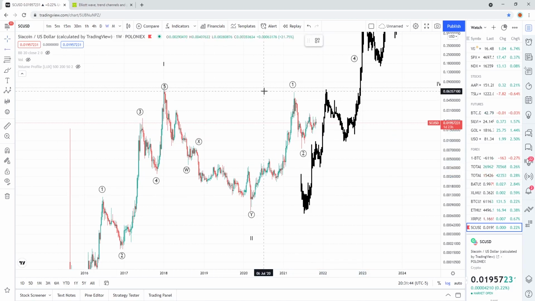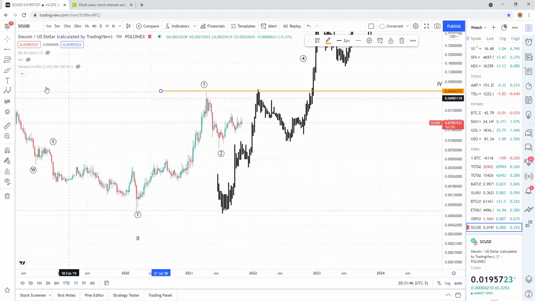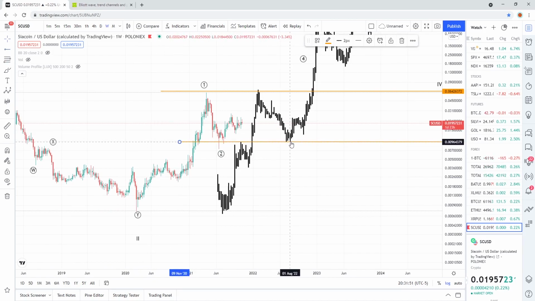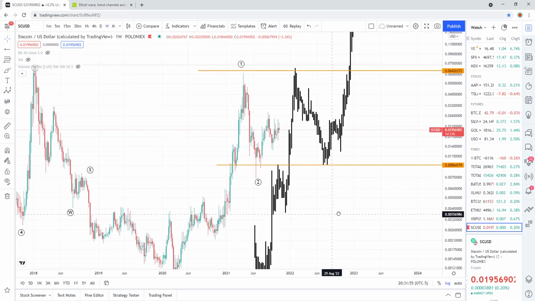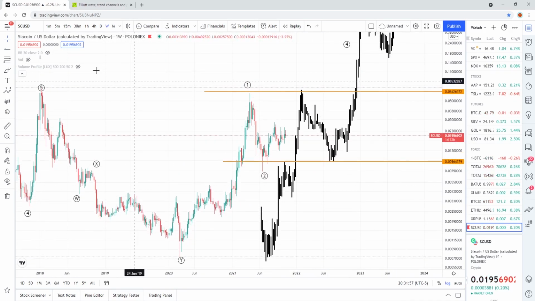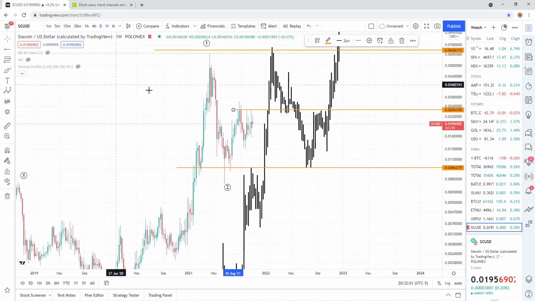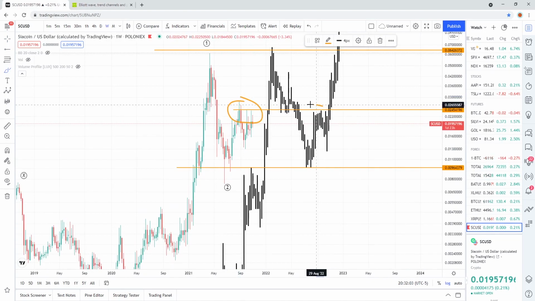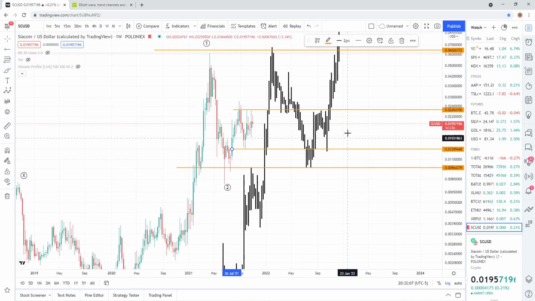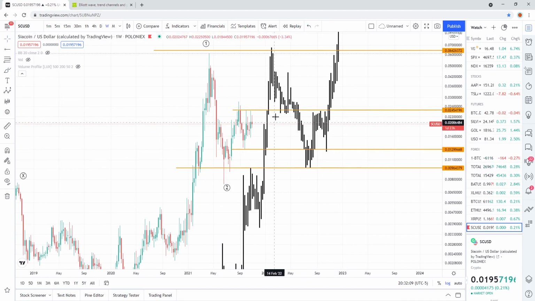You could see that it caught perfect resistance right about there, came back down to the support area, caught the same exact support right at around 1 cent, a little below that, and then it started to push up to start primary wave 3, and as you could see, caught resistance in the same exact area, right in here and right in here, and then pulled back down, caught support in the same exact area,